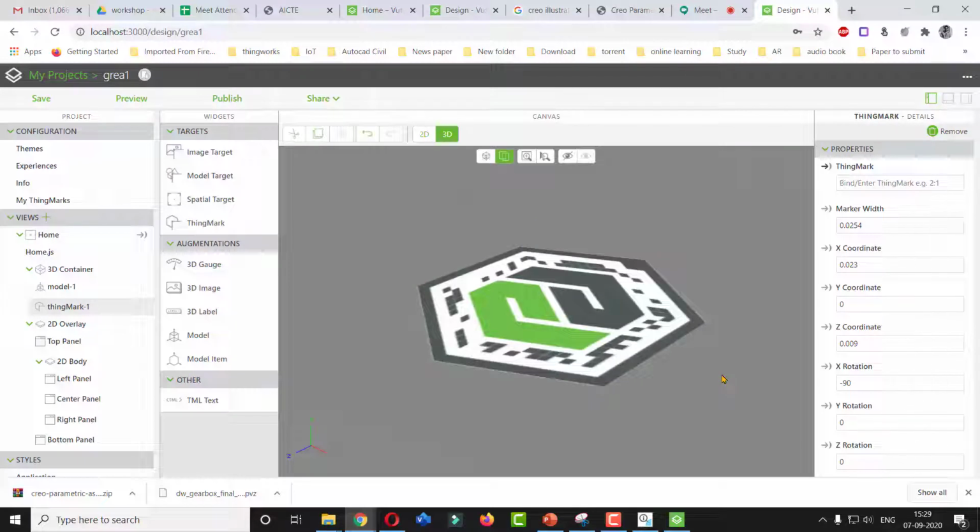Whichever barcode you have seen, 2D barcode or 3D graphical barcode, such type of barcode it is. This particular barcode, or whatever they call it, a thing mark, you have to print and paste over the area where you want to generate the augmented reality content.